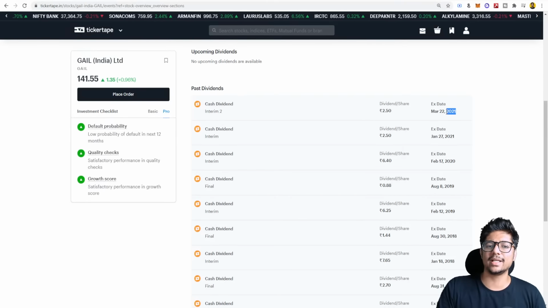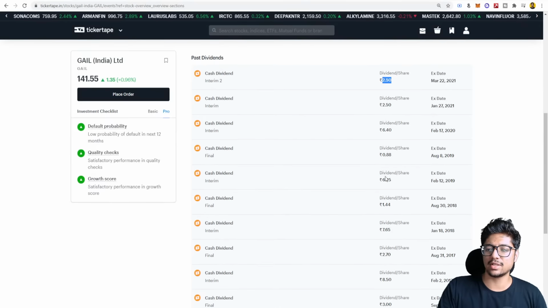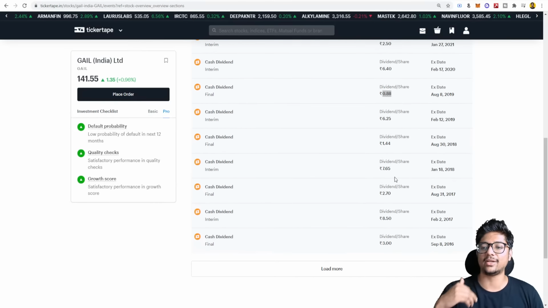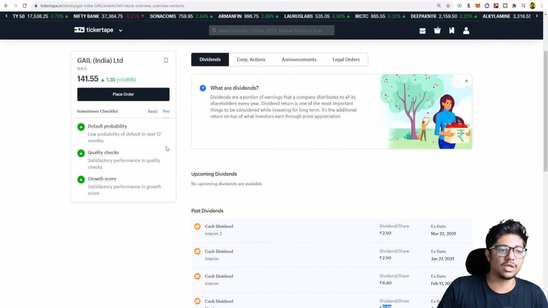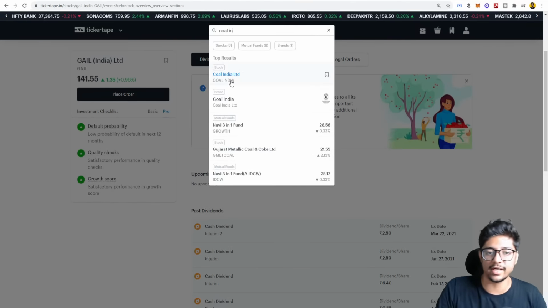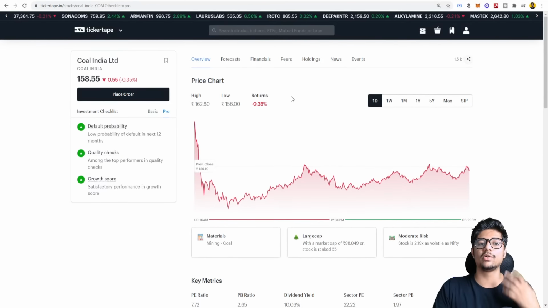And then 21 again 2 times. So basically this was 5 rupees, okay? And it's 5 rupees in this year. Okay, before that in 2019, it was 6 plus 1, 7 rupees in that year. So see how you can keep calculating this way. Again, this is a good company that has given good dividends. Every time there are companies that are government owned, right? Indian government owned, the money goes back into Indian government, right?